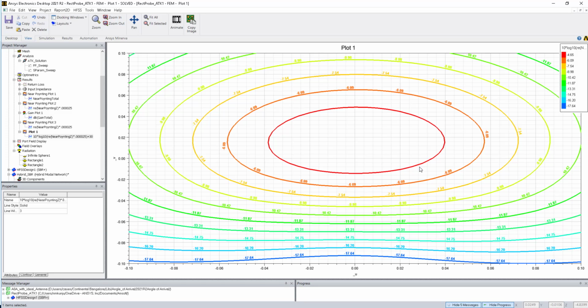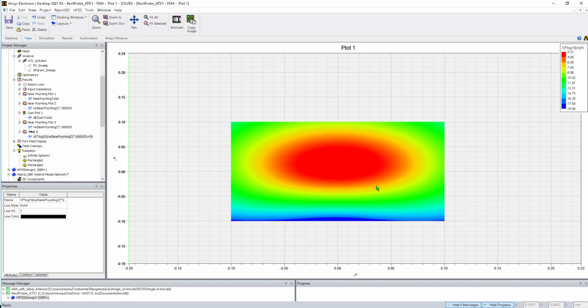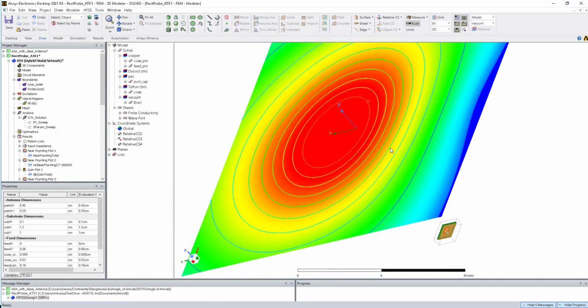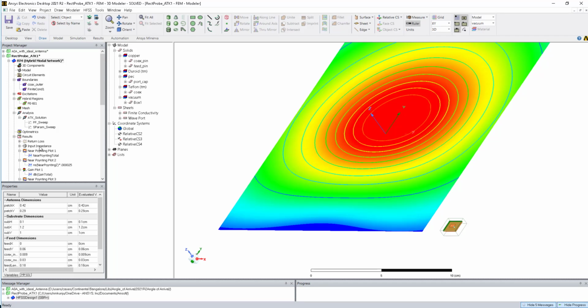So you can see this is about minus 4 dB, minus 6 dB, minus 7 dB, and there is an option where instead of line you can change to tone. Now this is how your power in dBm is coming, and overlaid on top of this you will see how the power is coming out. And this is a power you can calculate. So make sure which direction the pointing vector is coming and take a decision according to that.